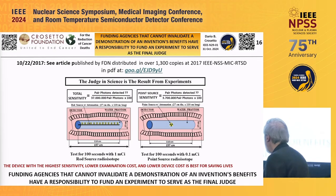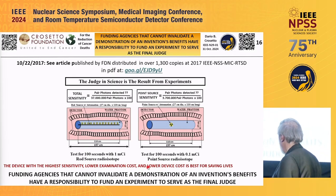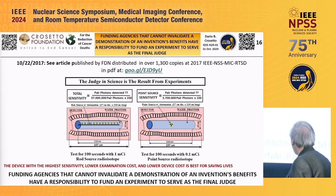So the device with the highest sensitivity, lower examination cost, and lower device cost is best for saving lives, because it gives less radiation to the patient and finds the smallest tumor. Again, funding agency, just to make it